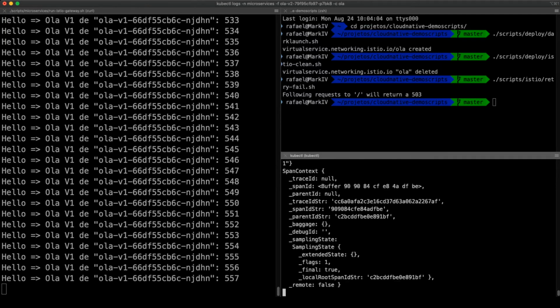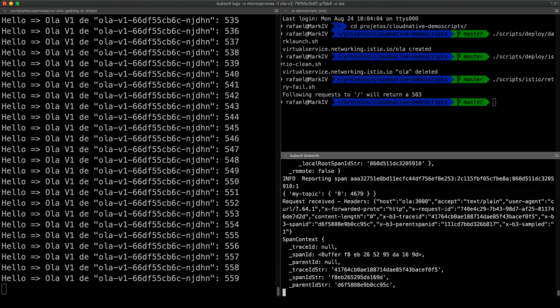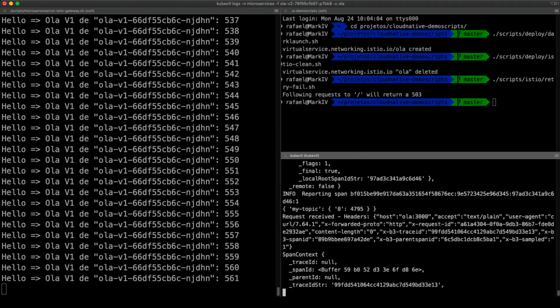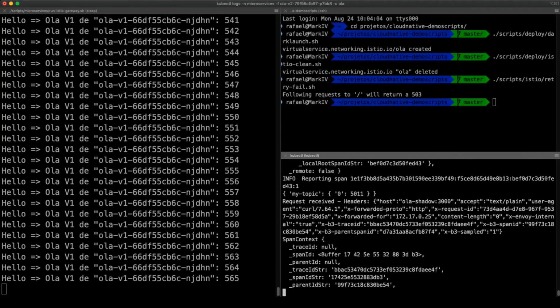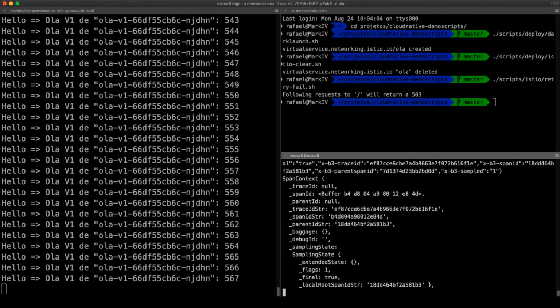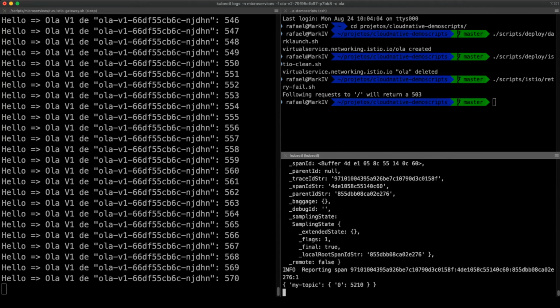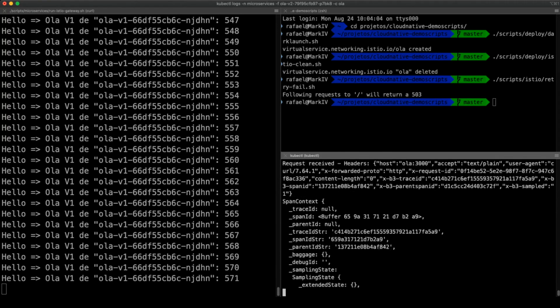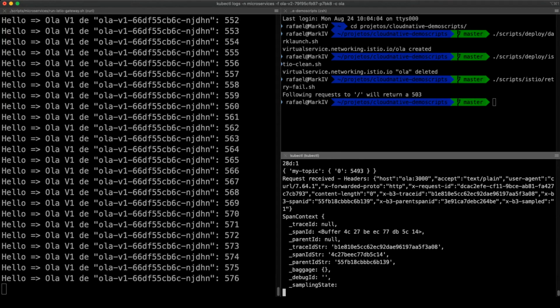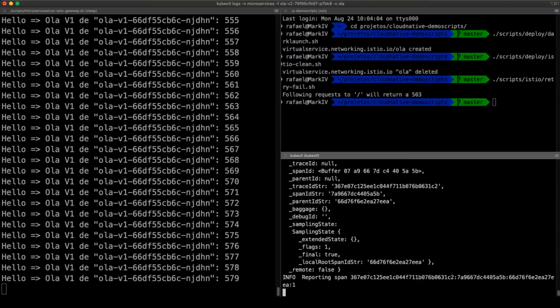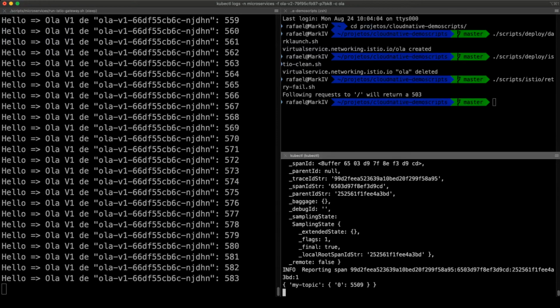The proxy of the application will send requests. It will get an error. It will automatically perform a retry. We can see that request is going through v2 here. v2 is receiving request. It will automatically perform a retry, and it will land on v1, which is working. So that's how you can have resilience on your application.